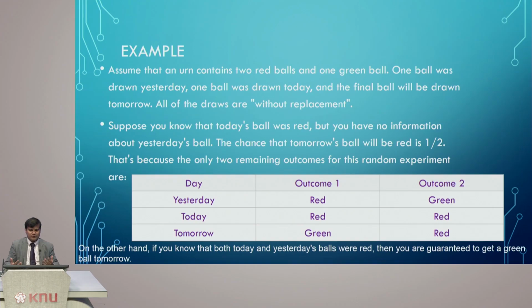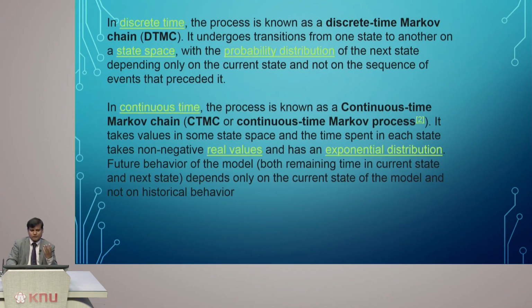Now if you want to estimate the future, that is what will happen tomorrow when you take from this bag, the probability would be 1 by 2, right? The probability that the ball would be red is 1 by 2. That's because there are only 2 remaining balls that you can come up with. Because you already picked up 1 red, you know that either red or green would be inside. So that's the basic thought, and with this basic thought you can actually see how this whole Markov process can be developed.